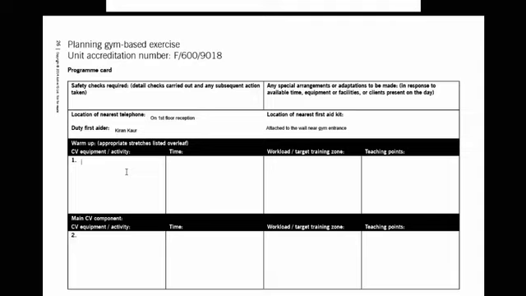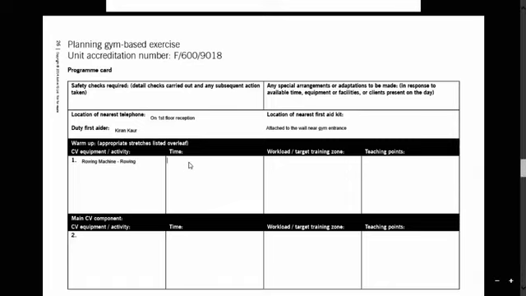And what I'm going to do for my session, just to give you a bit of background info, I'm working with a long distance cyclist, and he's looking to complete his first ride over 100 miles. At this point in the plan, he's relatively new, so he's been in for 2 or 3 weeks. So the CV for my warm up, I'm going to use the rowing machine, and obviously the activity that I'm doing is going to be rowing.